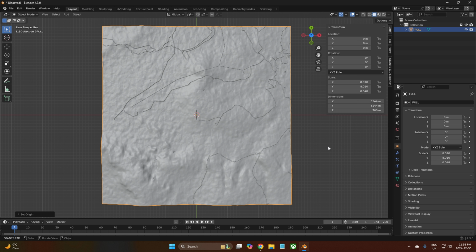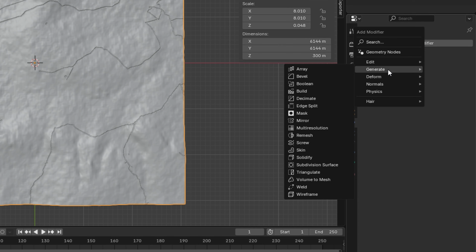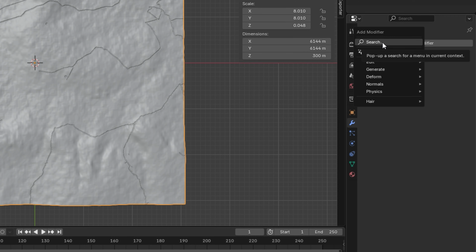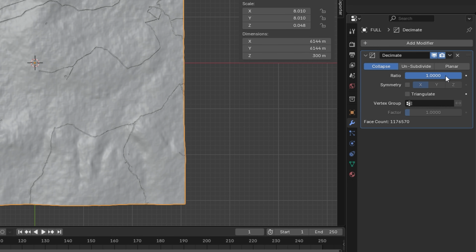I don't feel like that is correct at this precise moment, but we'll cross that bridge when we come to it. So the next thing that we need to do is we need to come over here and we need to come down to this little spanner wrench, click on that, and we want to add a modifier, and we want to click in here and we want to go to decimate,